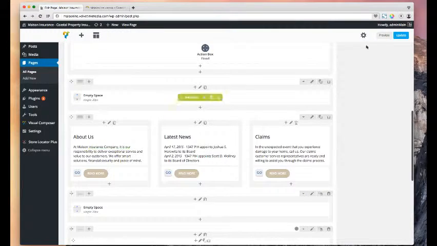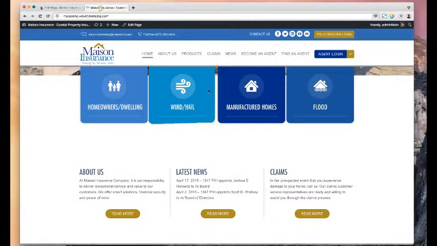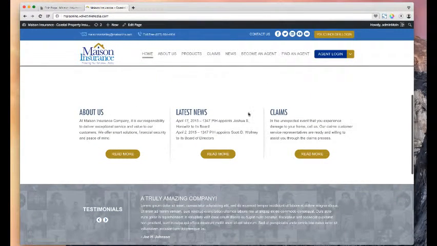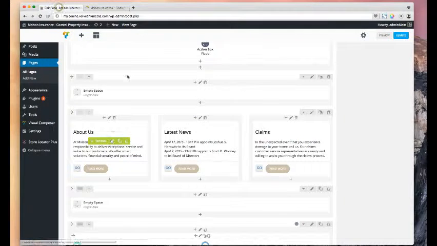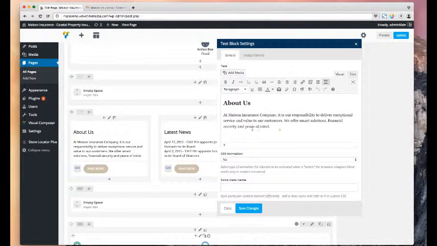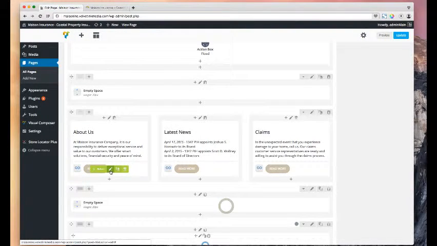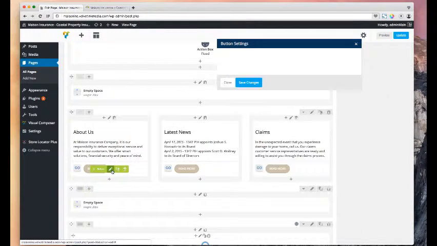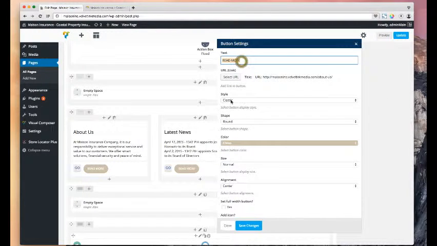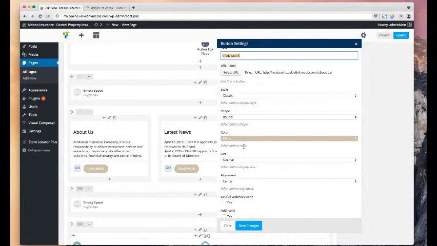Below that, we have the boxes of text, the news section, the about us, and the claims. The same thing as above. Just click the box to edit, and then change it. You make change of text or whatever. Just a simple little text box, like the regular editor in WordPress that you're probably accustomed to seeing. Then the button,